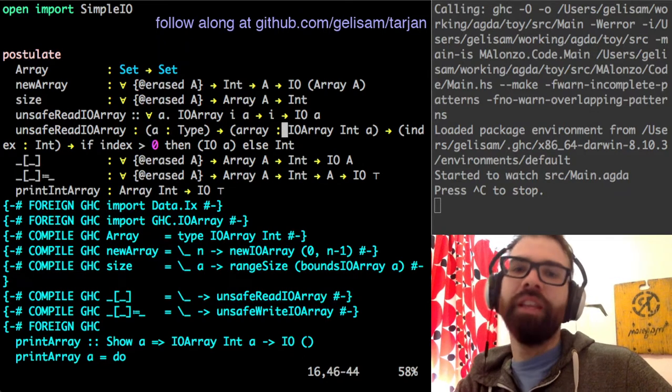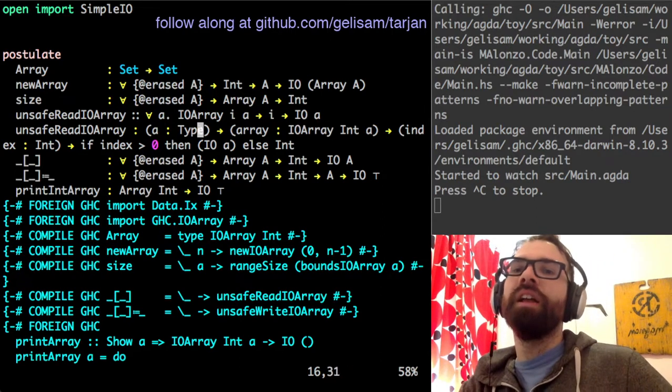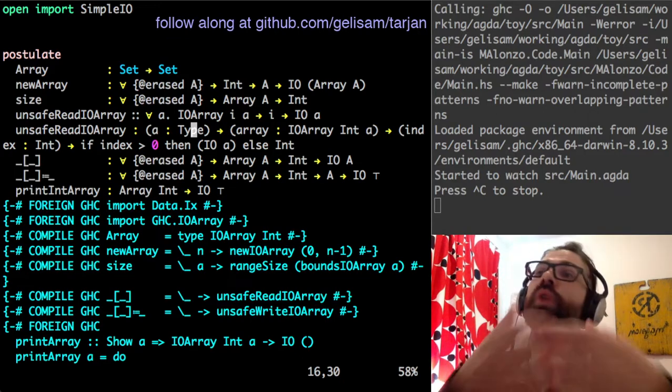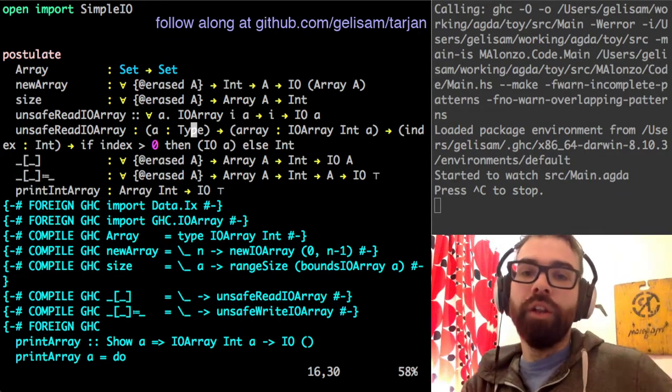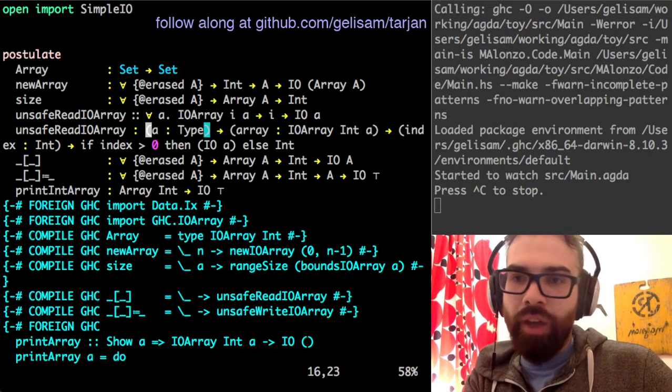Regular arguments, like array of type IORA, are not that different from type parameters, such as A of type, in that they are both regular arguments to the function. And so that's why